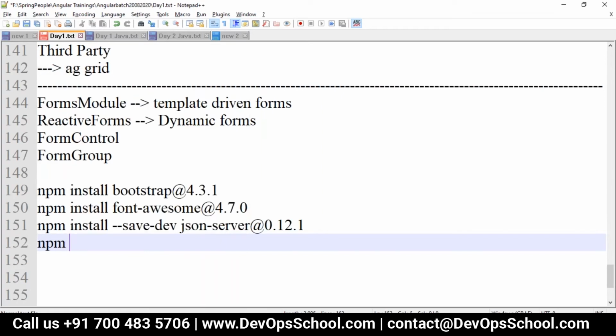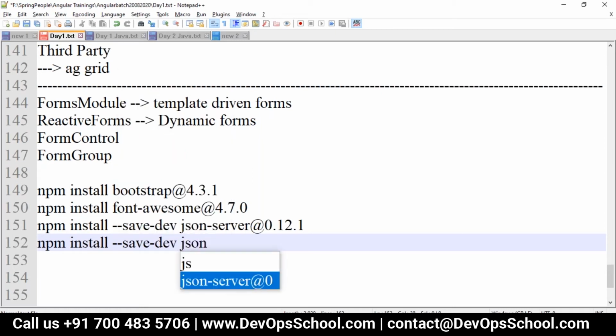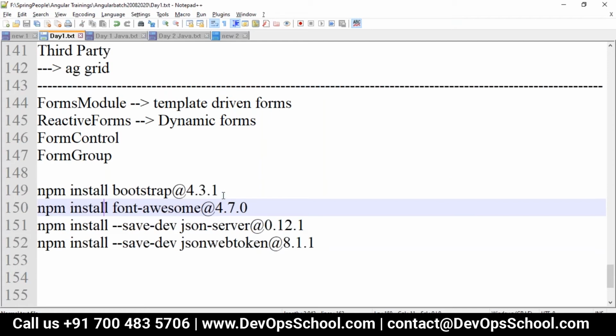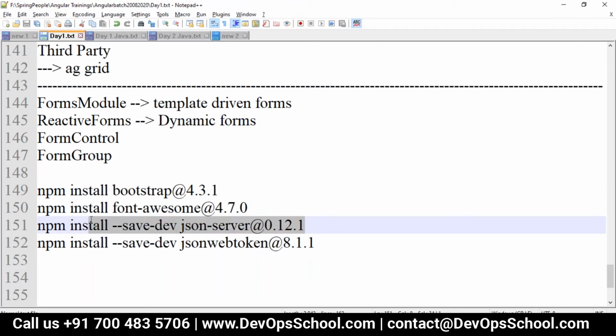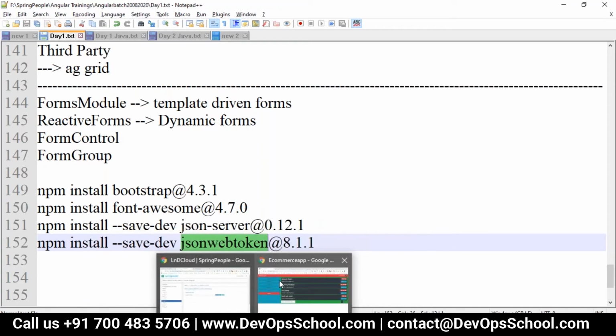So again npm install --save-dev jsonwebtoken at 8.1.1. All these dependencies we have to add to our project. This is for styling, this is for the icons, this is for the fake backend we created with JSON, and this is to add the JSON web token. JWT is basically a good way to handle authentication for any application.